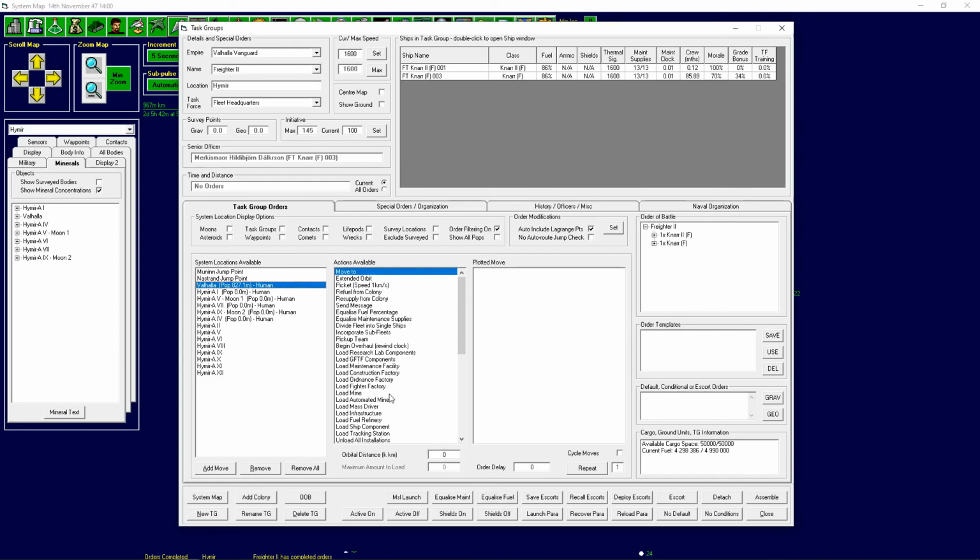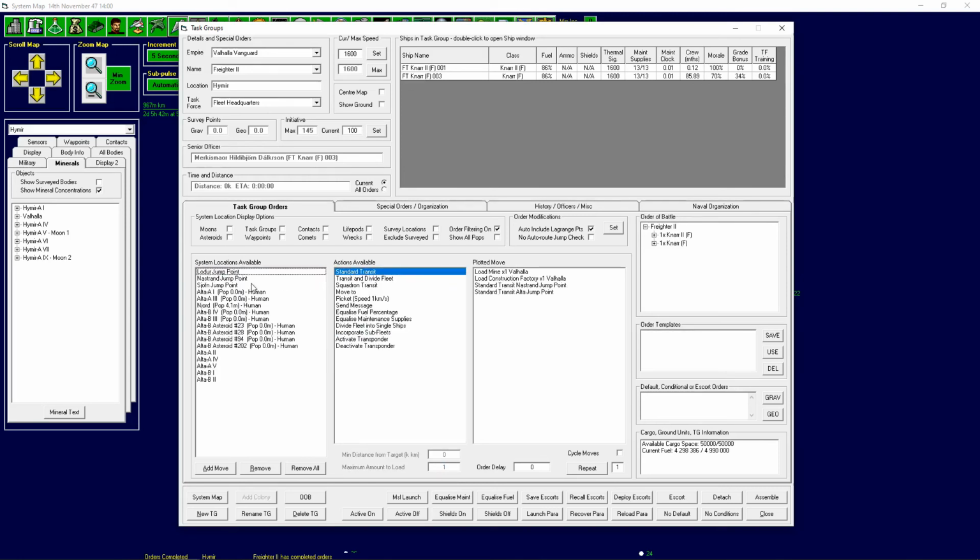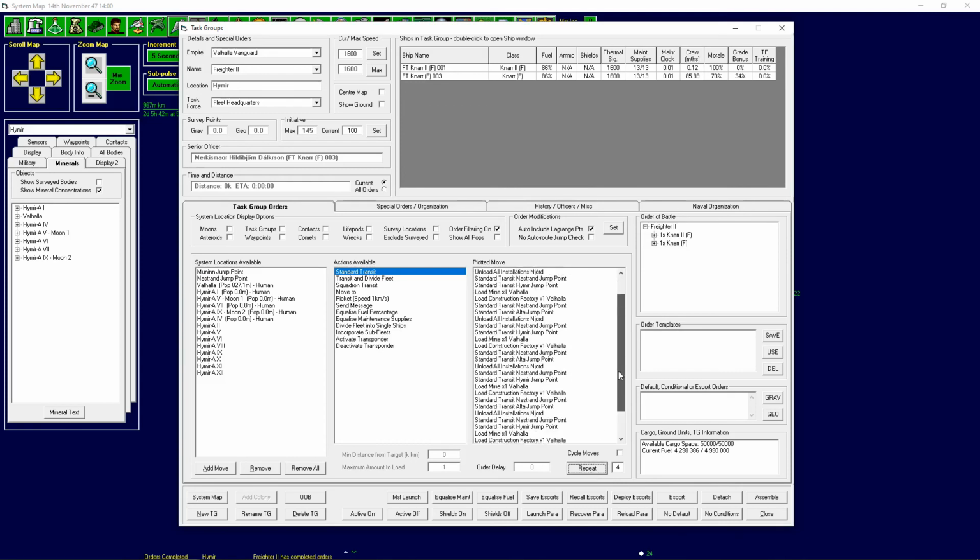So first of all, we'll start with load mine and 1, and then load construction factory. It goes through Nastrand. Go to Alta, go to Njord, and unload all installations. Go to Nastrand, and we're going to repeat that four times. I'm not sure if they'll have enough fuel after that, so what we'll probably do is